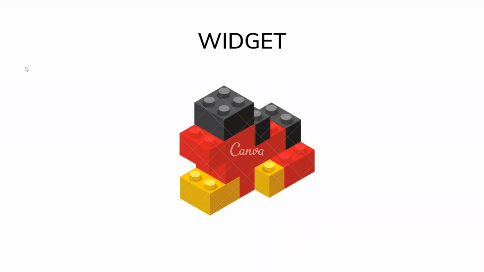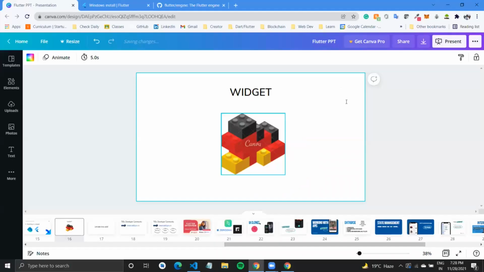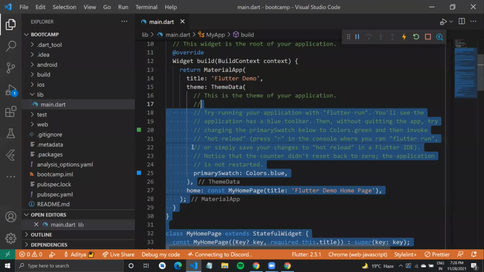Let us say you want to add a button: you could drag that button, bring it to your mobile screen, and it would show that button on screen. But in Flutter we have to write code for it, and widgets are like Lego blocks. Let us say you wanted to drag and drop a text element. In Flutter, it would be called a text widget. Similarly, you have an image widget and all that stuff. If you come back to your code, you can get rid of all of this. You don't have to worry about it right now, and we can clear the code till here. We don't want this homepage.